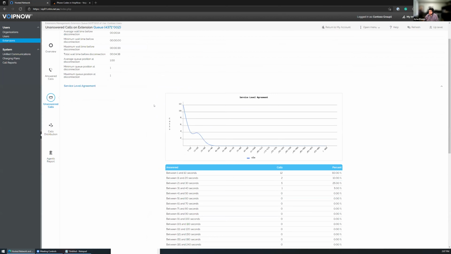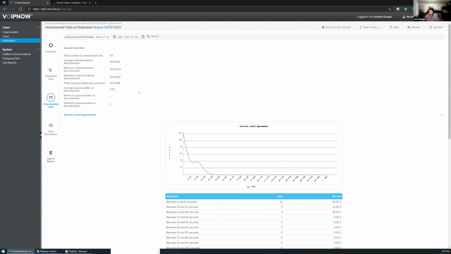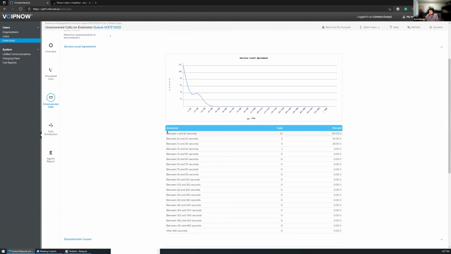Jump back to here though, since my browser's cooperating now. So this is specifically for unanswered calls within the last 29 days. So you can see that unanswered calls were hung up between the different time periods. So if you do all of a sudden have an extended number of people waiting in the queue,